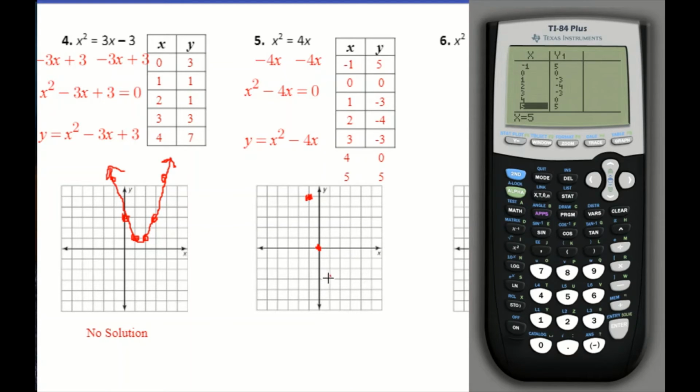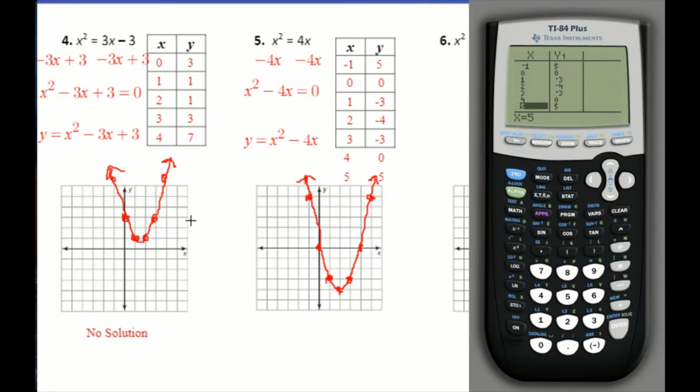1, -3. 2, -4. 3, -3. These points are probably the ugliest points that I've ever seen. 4, 0, and 5, 5. So we get a nice little parabolic shape. Again, this is called a parabola. So if you ever hear me use that term, I'm talking about this U-shape graph that we get from quadratic